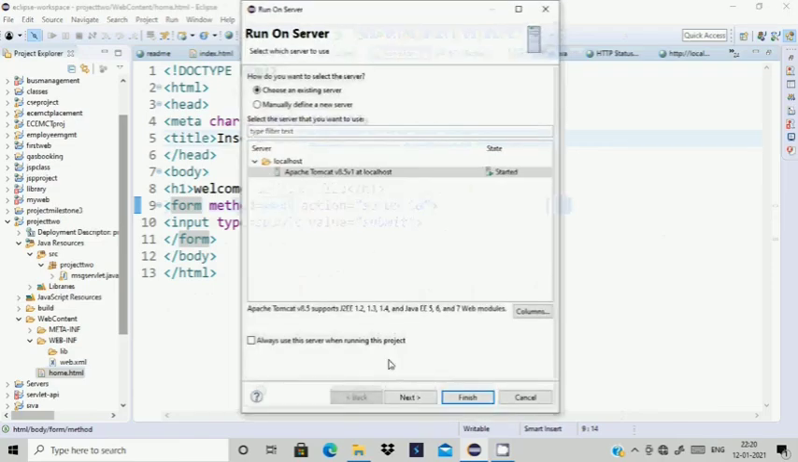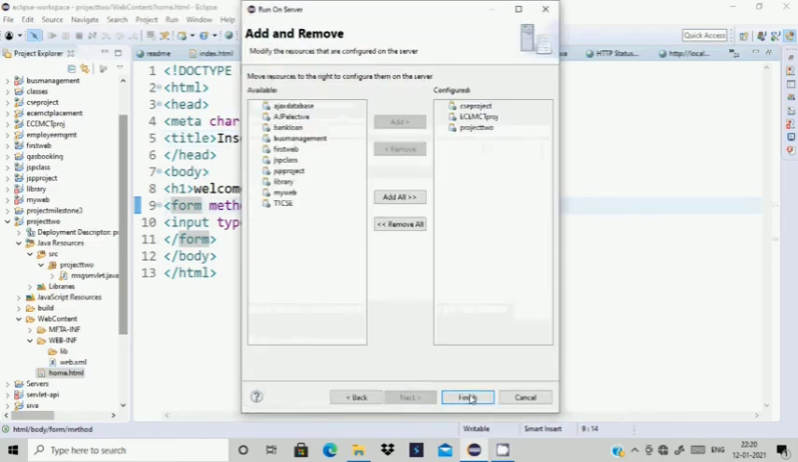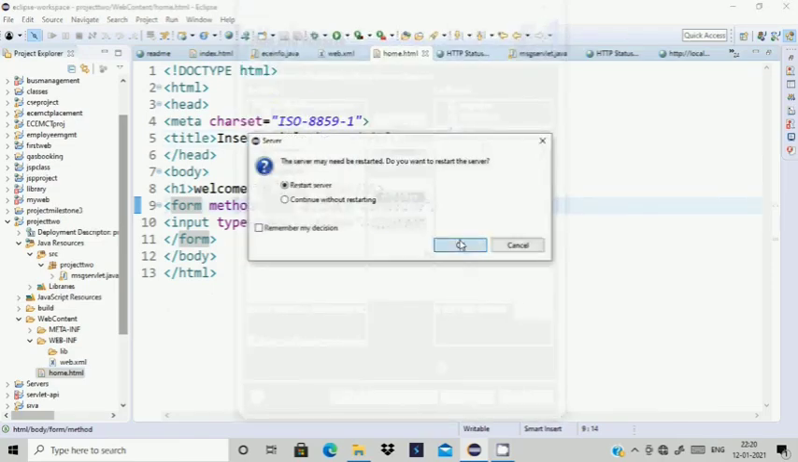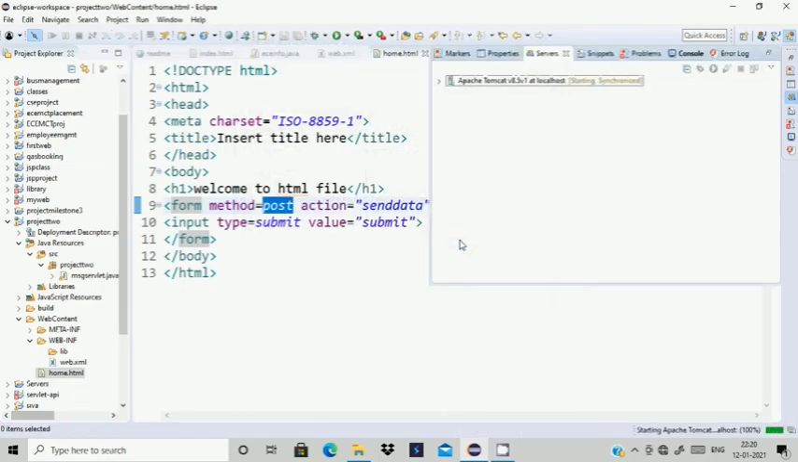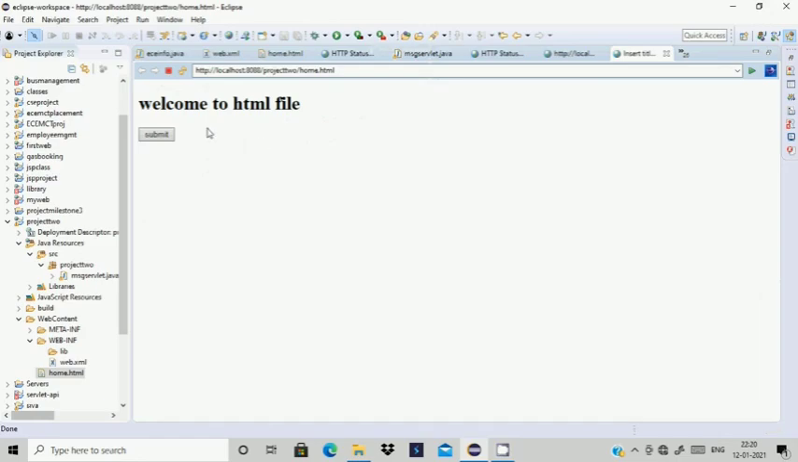Run this, next, and finish it. Okay, so welcome to HTML. When I press it, now it shows welcome to servlet programming. Now you are actually getting the output from the doPost method. Okay, so that's it